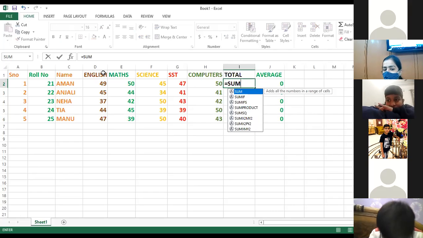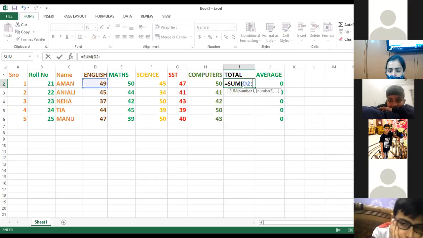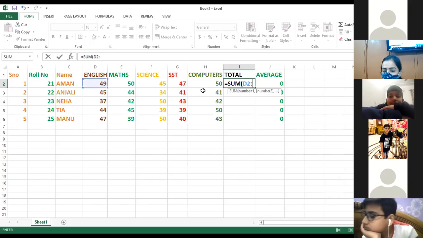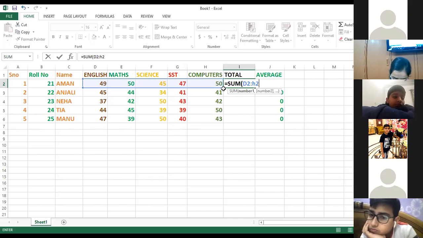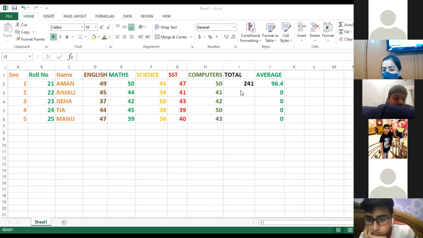So for the first child, the marks obtained in English is in cell D2, D column, 2 row number. So equals to sum D2 colon, the last marks are in H2. So H2. Then I press the enter key. So you can see the marks of the first student have been obtained.